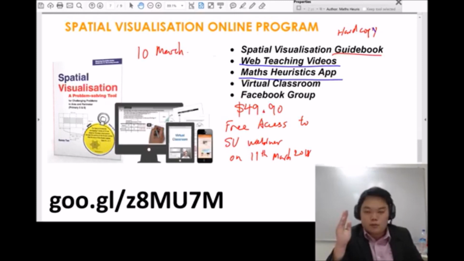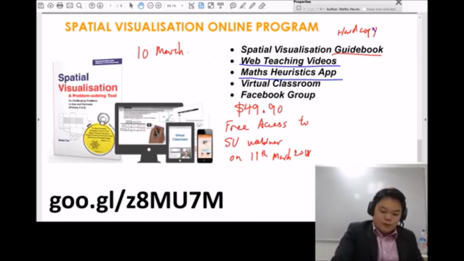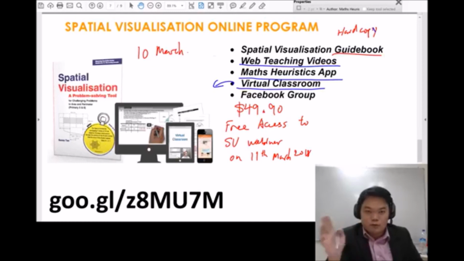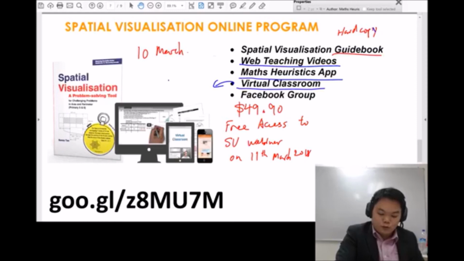So if let's say you have a certain choke point that you don't understand, when you read the book, you tend to overlook it and you think that you understand. But when you look at it step by step, it may not be the case. You will be like, why is this step here? Why is this step necessary? For virtual classroom, this will be consultations with myself, but you have to arrange it 2 working days in advance on the books, the publications that we have. Okay, then for the Facebook group,